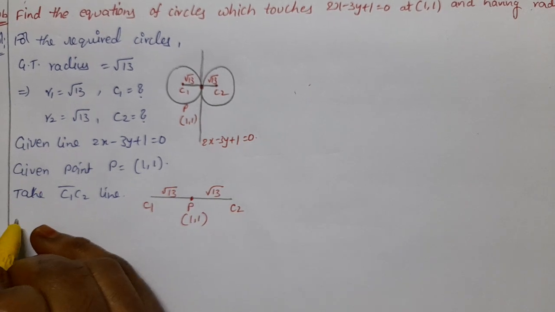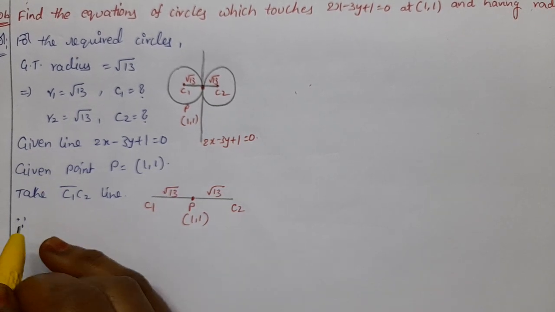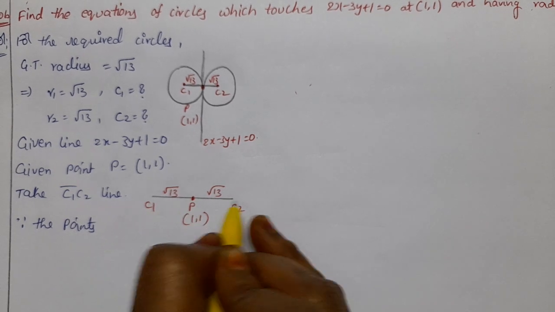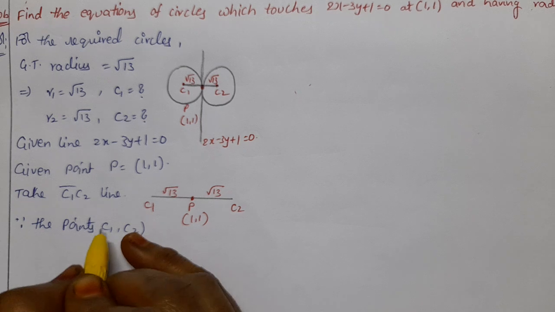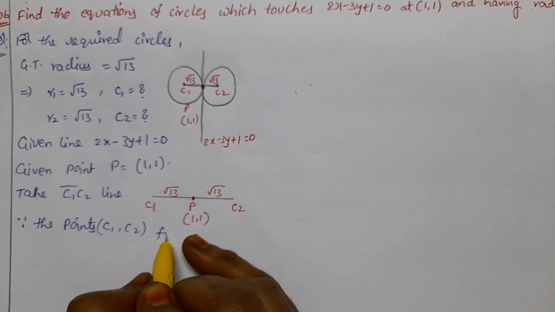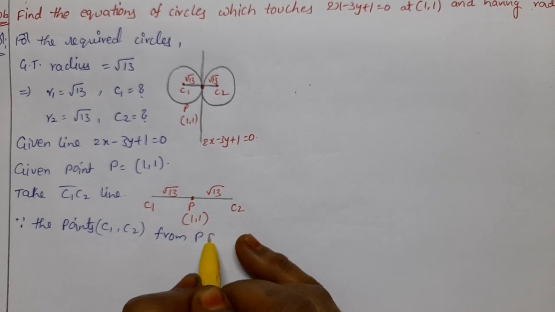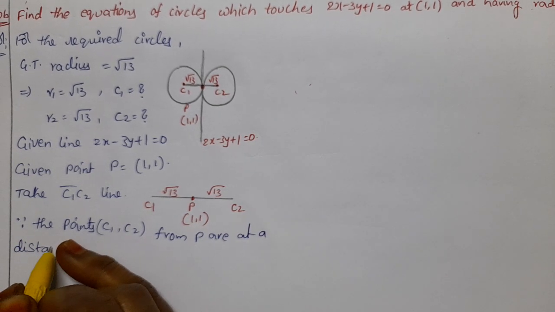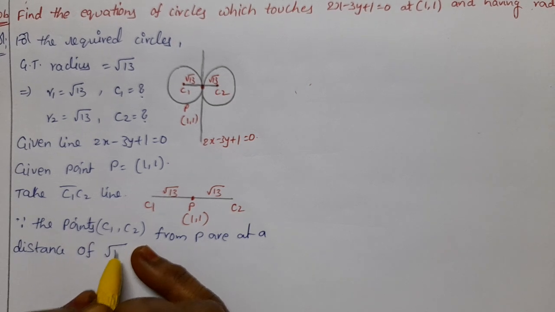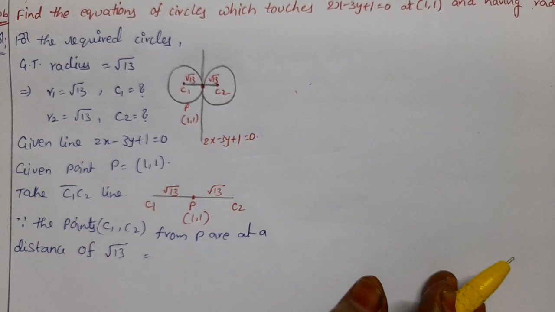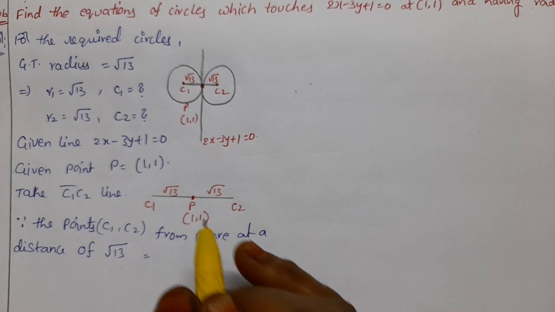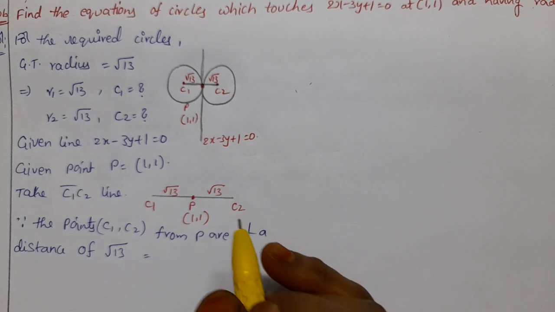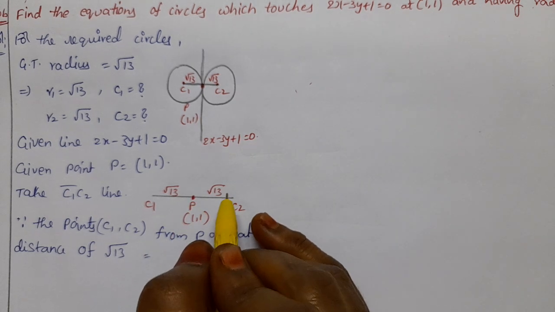Since the points C1 and C2 are from P at a distance of root 13. In straight lines, the points from a known point at a distance r, the formula is